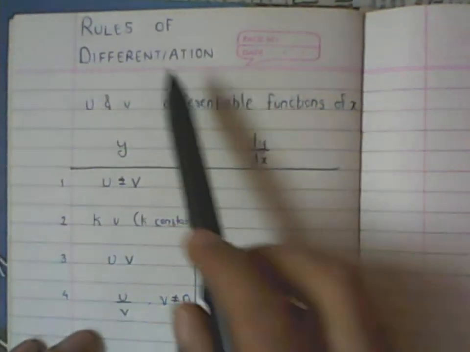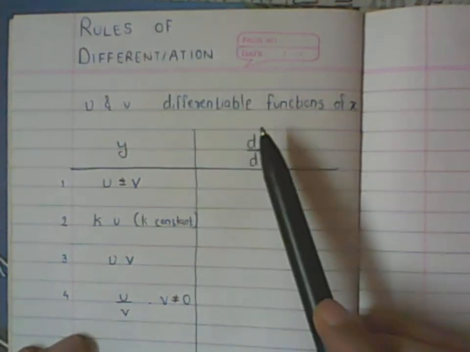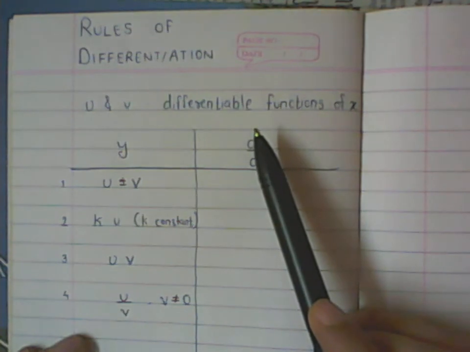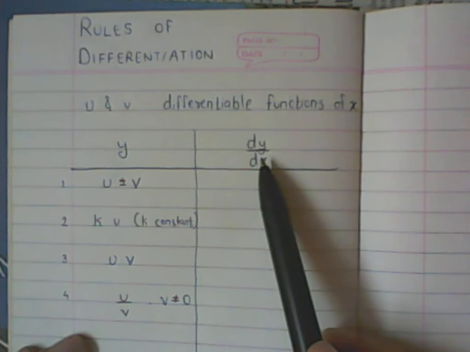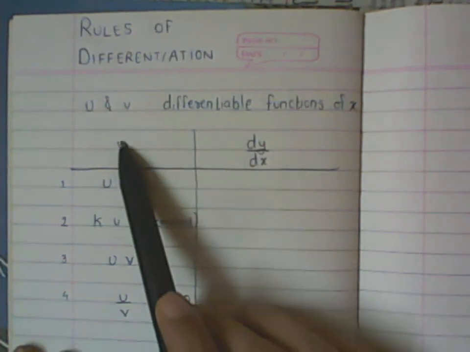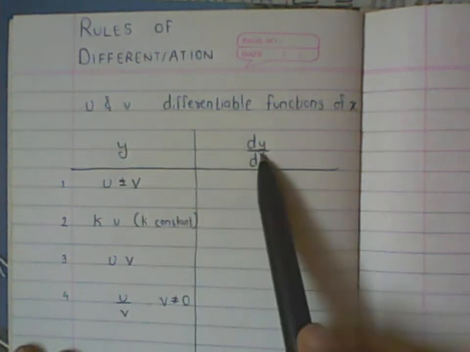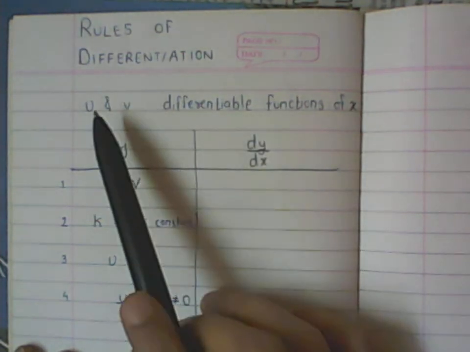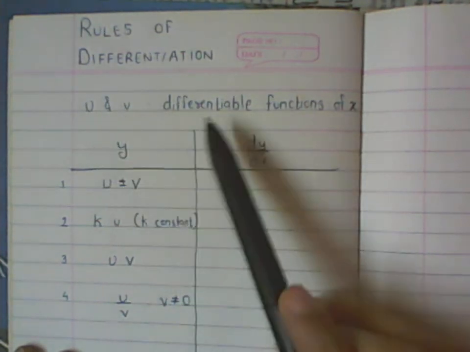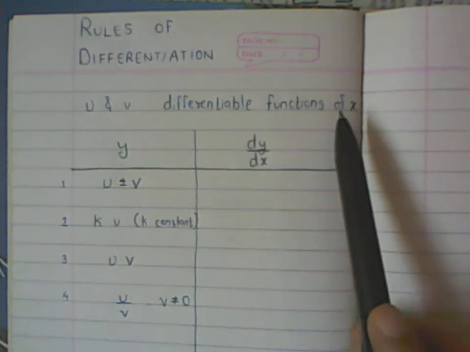This video is about some basic rules of differentiation. Basically, these are just algebraic rules when you have a bunch of functions which you want to take the derivative of. I'll write the function in this column, and I'll write the derivatives dy by dx in this column. We'll assume first of all that u and v are two differentiable functions of x,